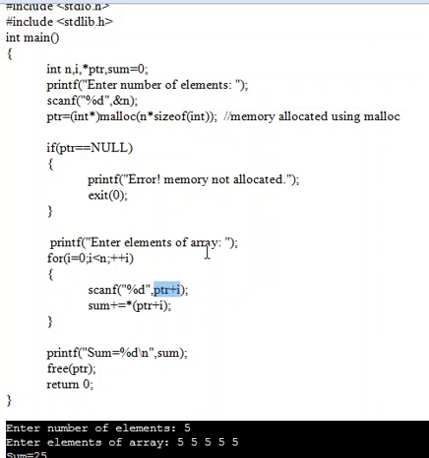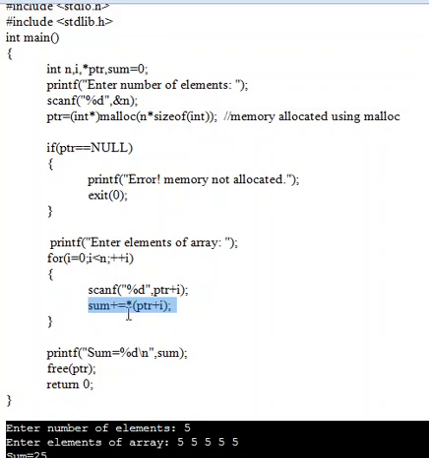So reading is over. Now we have to add that value also to variable sum. So sum equal sum plus star ptr plus i. Now the value of sum is 5. So sum equal to 5 plus star ptr plus i, star of base address plus 1 into 2, star of base address plus 2, that is the address of the second element.